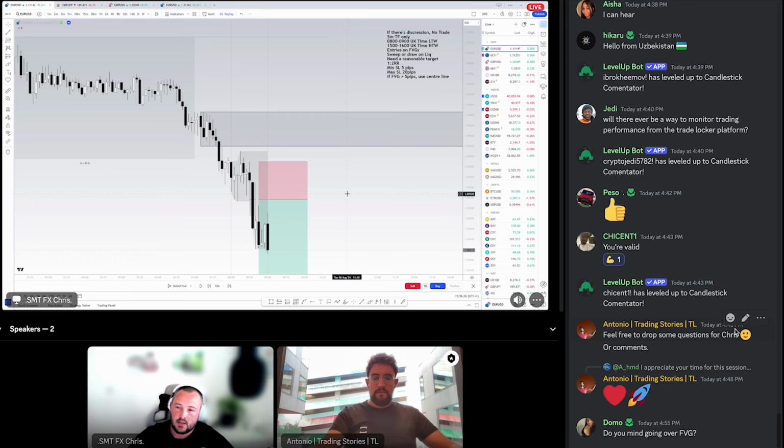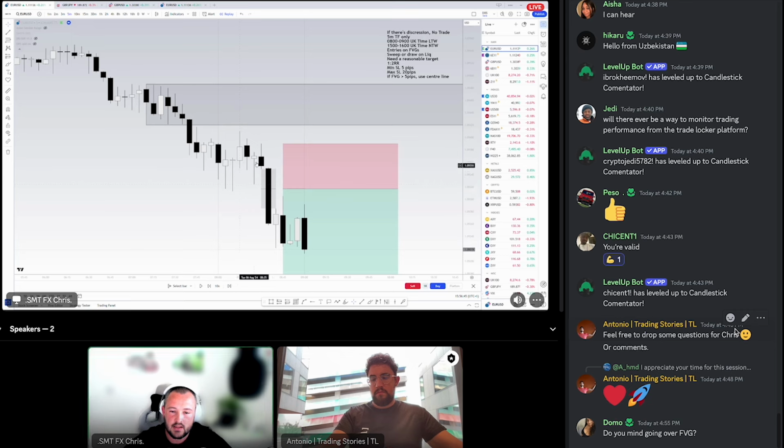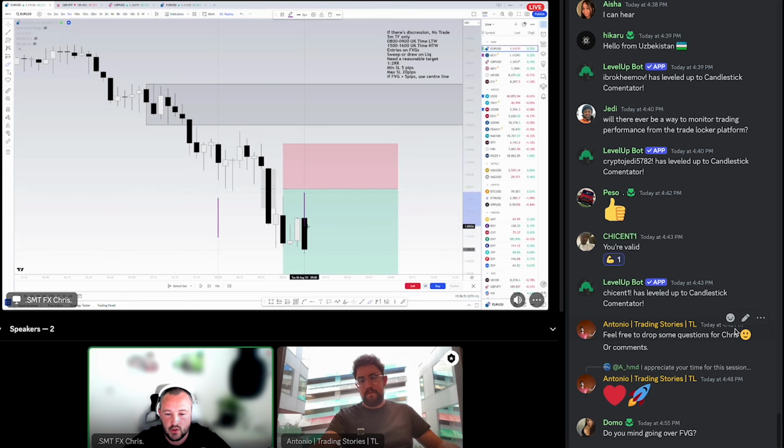With a fair value gap, what they are is essentially an inefficient point of the market. Some people would define them in particular ways and try to provide some guaranteed logic behind it. But just to keep things nice and simple, we're looking for a minimum of 3 candles. So my indicator here, let me just remove this. You might be able to see it a bit clearer. My indicator only shows me fair value gaps inside this window from 8 till 9. It won't show me any outside of that trading window.